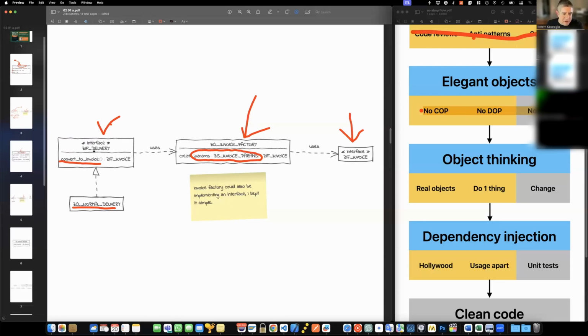And when I ask the delivery class to create an invoice, the delivery class is responsible for looping through its internal tables, reading its private data structures, and converting its data to a format which is expected by the invoice factory. So the only time I'm passing data between objects is through interfaces, not through classes themselves. So the delivery class is responsible for, in some way, preparing this invoice parameter format to create invoices.